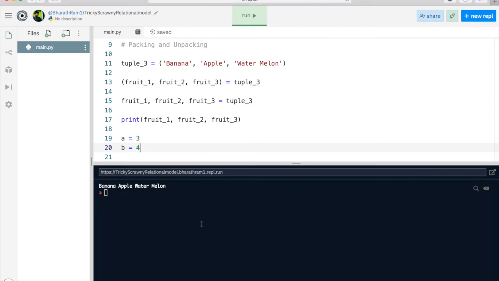I'm going to use the console this time for this. Let's type this out. a equal to 3, b equal to 4, and when I type a comma b, it basically creates a tuple, right? If you want to check the type of that, a comma b,